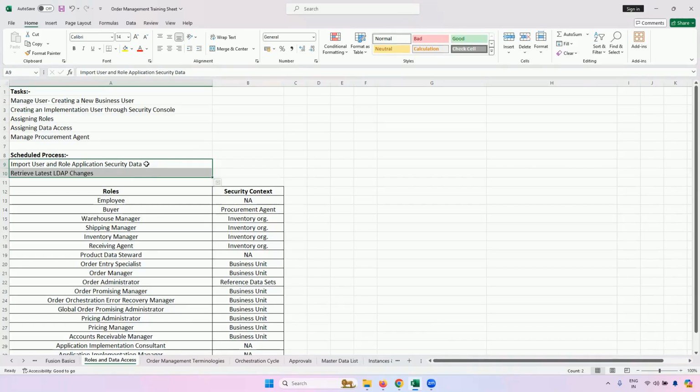In that case, even if you create a business user, assign him all the roles and all the data access, and then log in as that user, you're not able to see all the modules for which you have assigned him the role. The reason would be it is not synced. So for that, you need to run these two processes: import user and role application security data and retrieve latest LDAP changes. Let me show you from where you can run the processes.